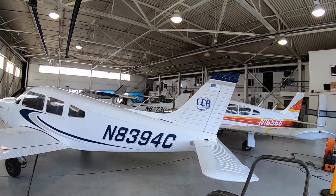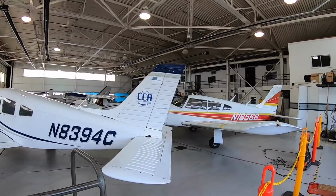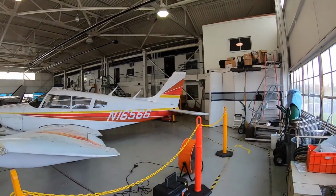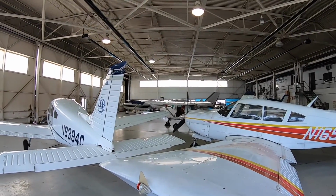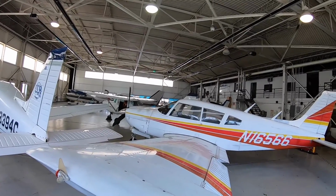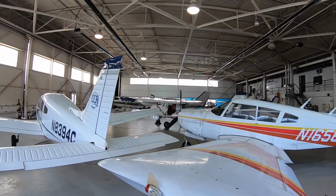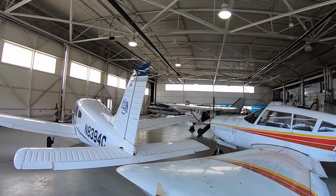November 67730. So this looks like maybe a maintenance hangar. I know this is probably under surveillance, so I'm making sure I stand behind this yellow line so that I don't cause any confusion. But this is pretty cool to be in a hangar with a couple of airplanes, and I guess these are some of the planes they would use for their flight school, but they're currently being